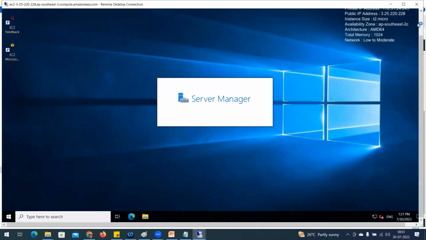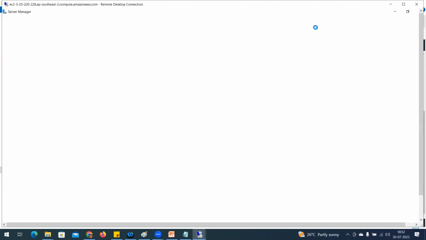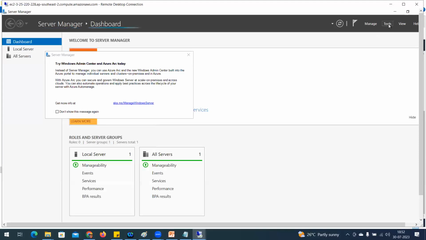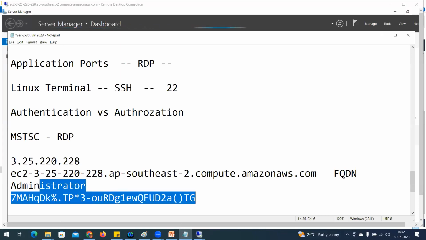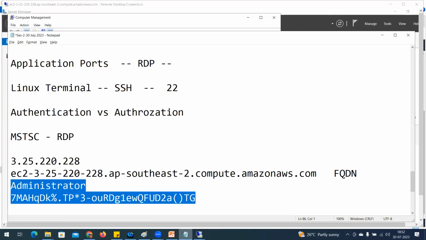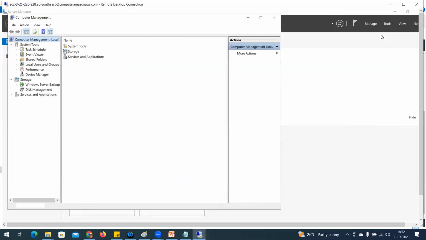In Server Manager, I'm going to create a user, and you can log into the server we deployed just now. Go to Computer Management. I'm going to create a user for you. You can use the same username and password, but the session will switch over from myself to you. So I'm going to create a new user and you can connect from your system to the same RDP session. See how easily you are able to connect to my system. That is the beauty of cloud.